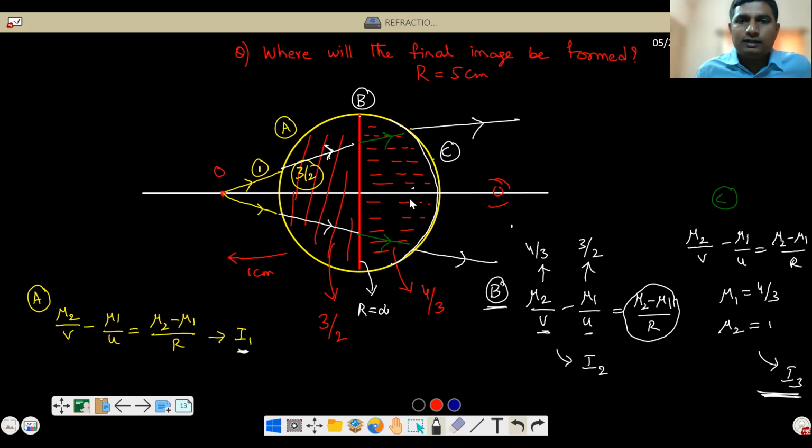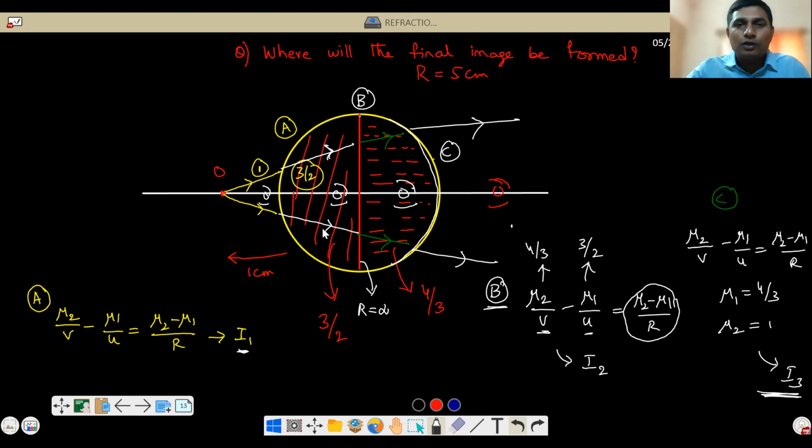Suppose you are inside the water medium, green rays are entering, correct or not? So green rays mean you will see the image I2. Suppose I am in this medium, then these white rays are entering, which means you will see I1. Suppose you are here, you will see only the object. There is no image; although the image is formed, you cannot see it, because only these rays will be entering your eyes. So depending upon the position of your eye, you will see different images. Are you understanding? You will not see all the images at one time.